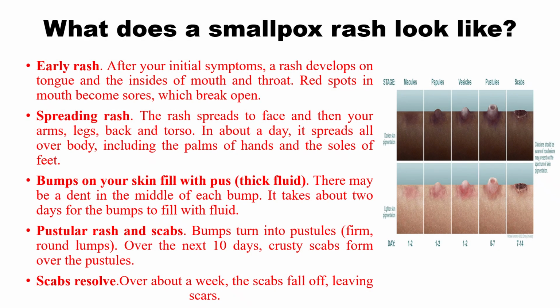What does the smallpox rash look like? First, an early rash will be there. After your initial symptoms, the rash develops on your tongue and the inside of your mouth and throat. Then red spots in your mouth become sores which break open. Then the rash spreads to your face, then your arms, legs, back and torso. In about a day, it spreads all over your body, including the palms of your hands and the soles of